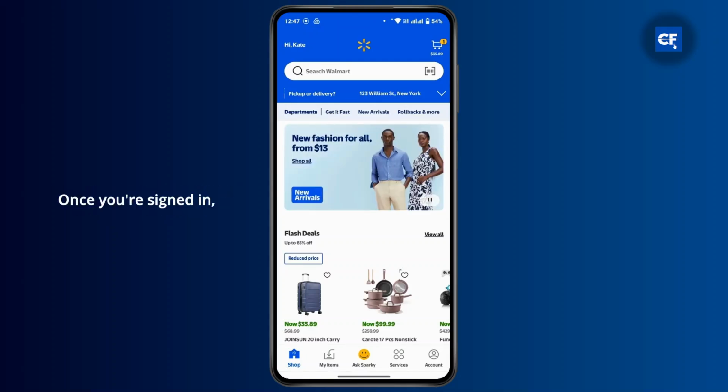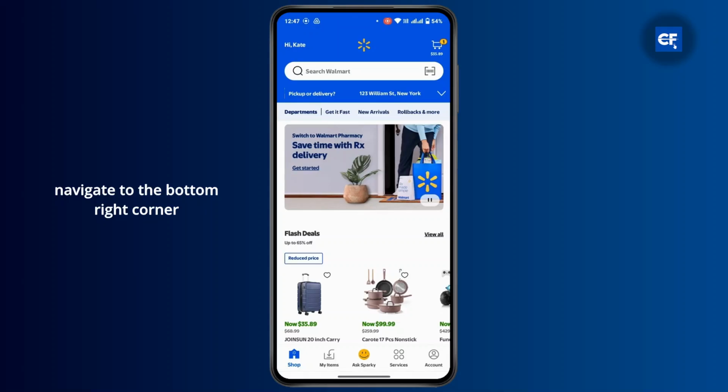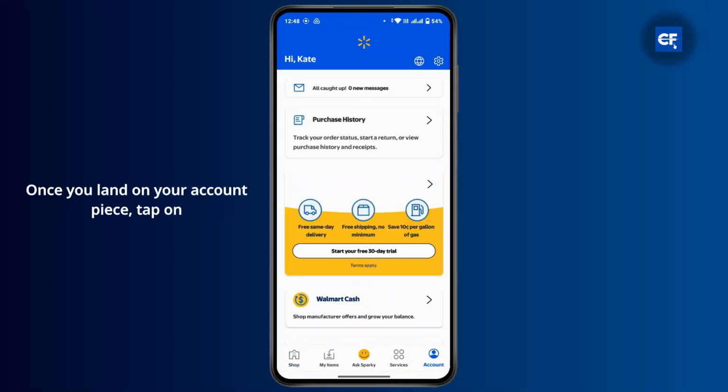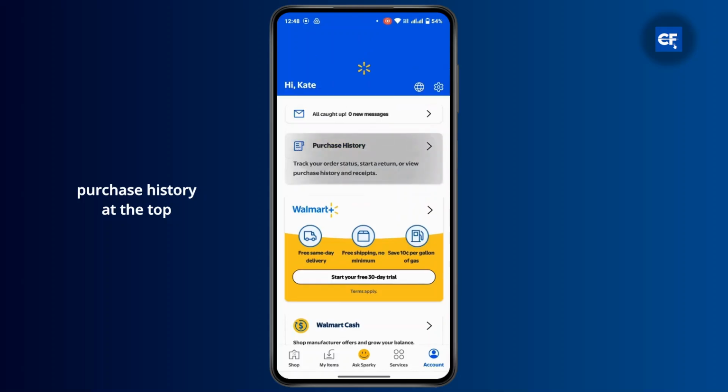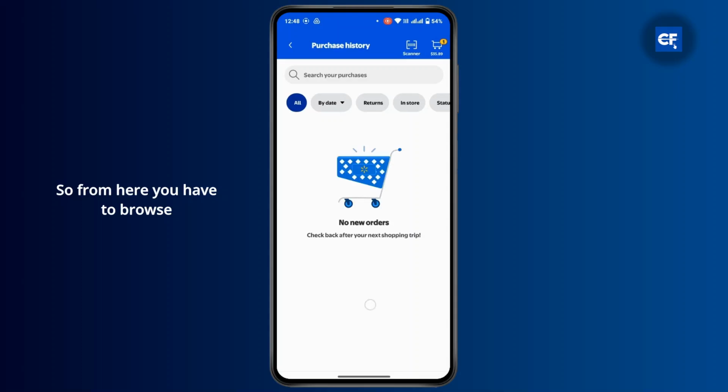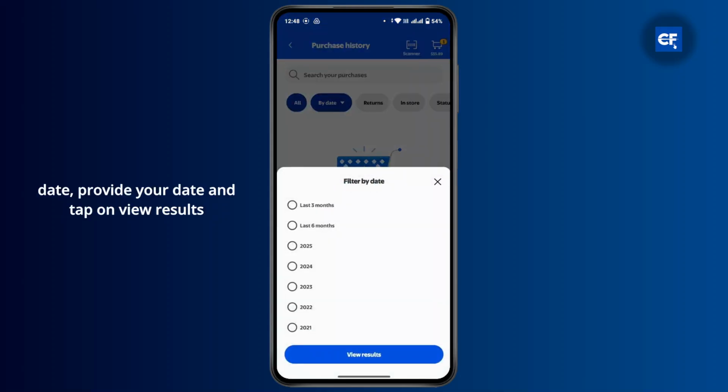Once you're signed in, navigate to the bottom right corner, tap on the account icon. Once you land on your account page, tap on purchase history at the top where you can find all of your order history. So from here you have to browse through a list of transactions and then tap on the one that you need. If you want to filter by date, head over to by date, provide your date, then